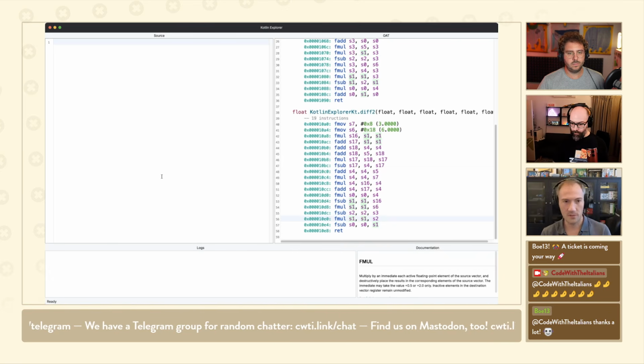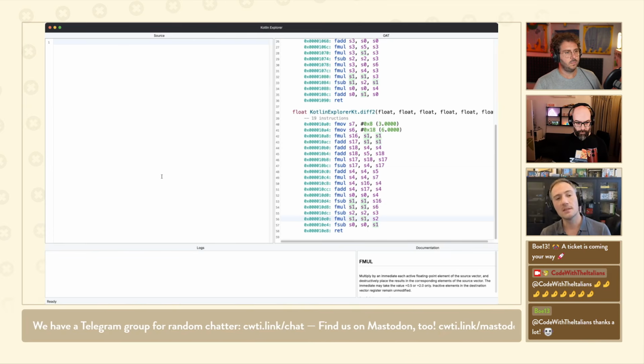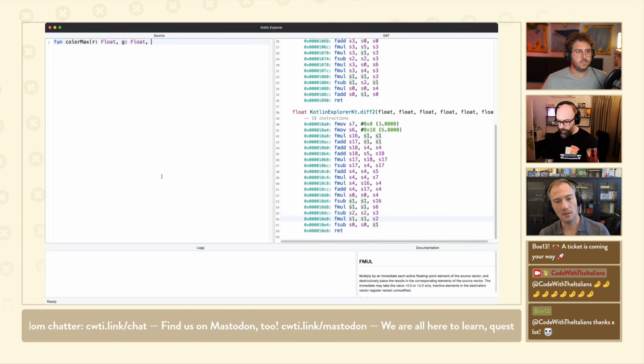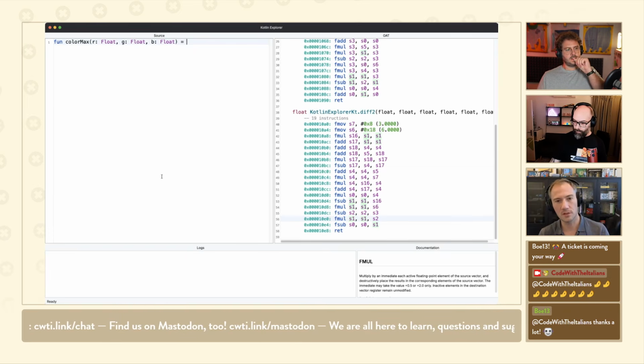So here's one of my favorite examples from the Kotlin standard library as well. Let's say that we have a function, I don't know, color max, and it takes values that came from a color. So we have R, G, B, and we want the max of those 3 channels. So we use, in Kotlin, this function called maxOf.